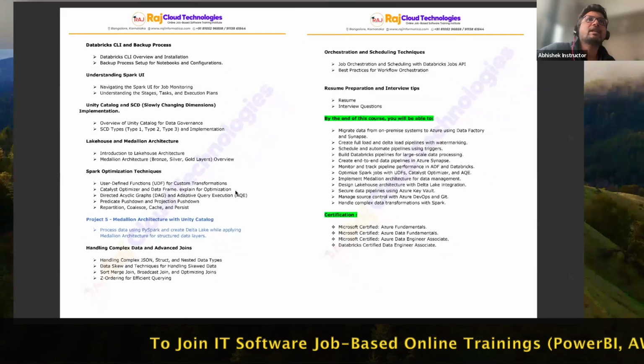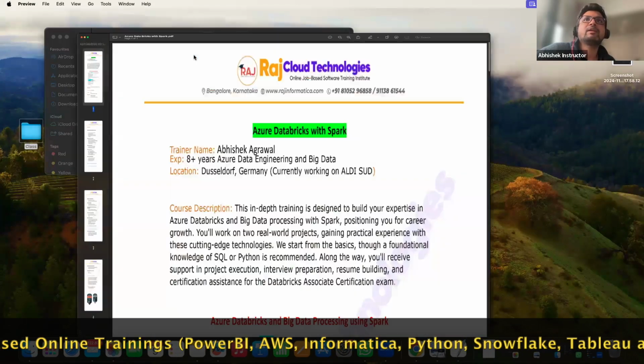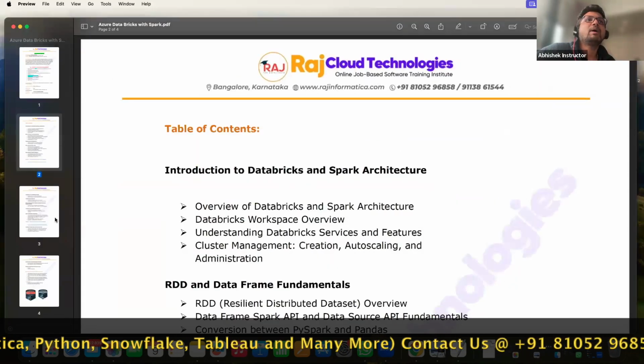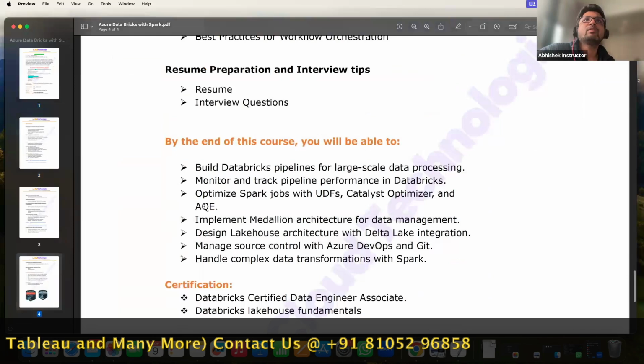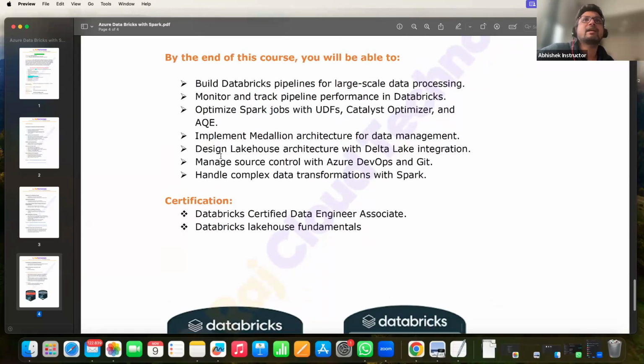Now somebody says, Abhishek, can you elaborate what will be given in each of the courses, right? So in the Databricks and Spark course, by the end of the course, you will be able to create a Databricks pipeline, monitor performance in Databricks, create a Spark job, implement Medallion architecture, implement Lakehouse architecture, which is a very latest